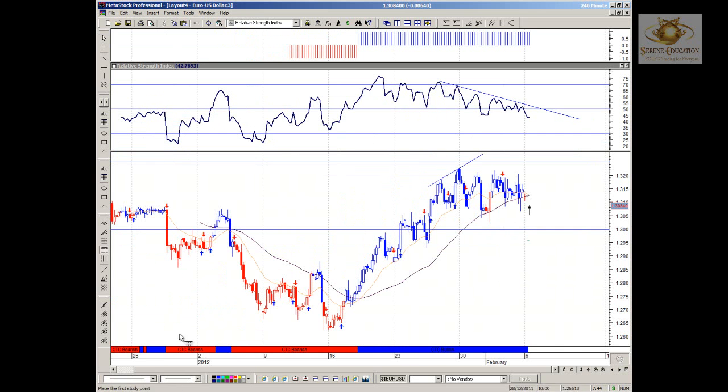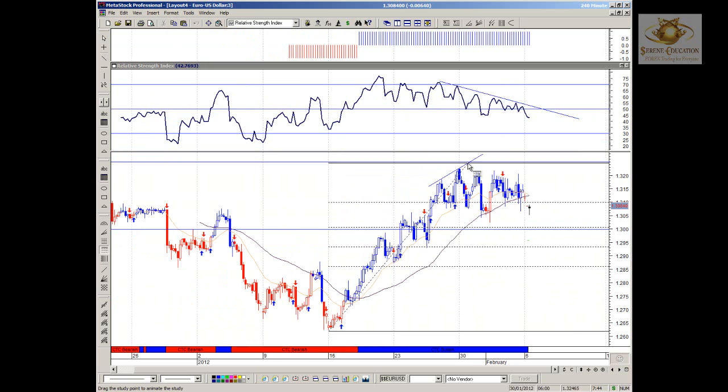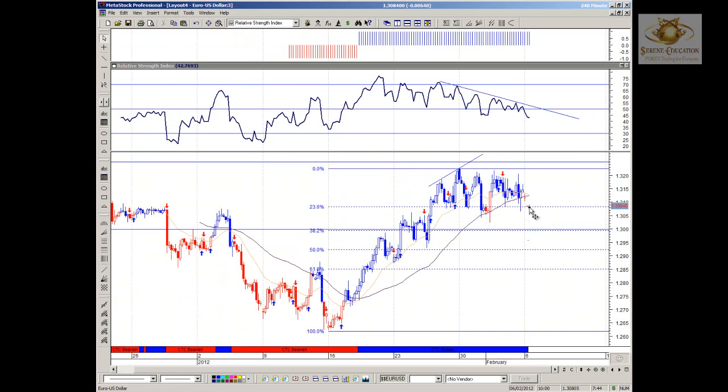And as it stands now, you can quite clearly see the high to the low to the high here. Price is trading at 23.6. A break below that would definitely look at price retesting 1300, which is the 38.2% fib area. Break below that, we should be looking at 50%, which would take us roughly around the 1290 mark, 61.8 fib